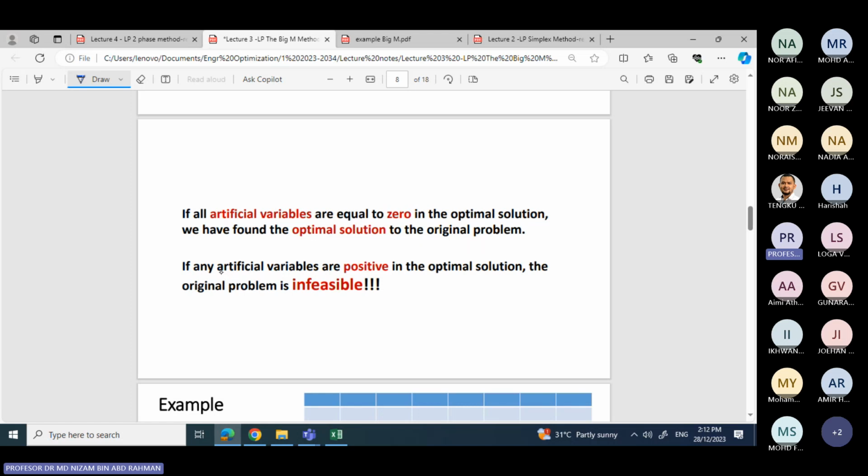But if any artificial variable is positive in the optimal solution, then the original problem is infeasible. What this means is this: at the last iteration of your simplex tableau, for example, you have